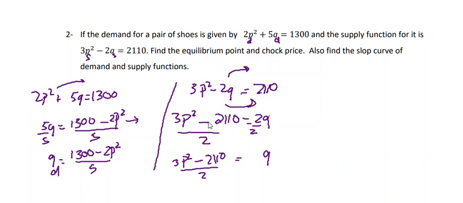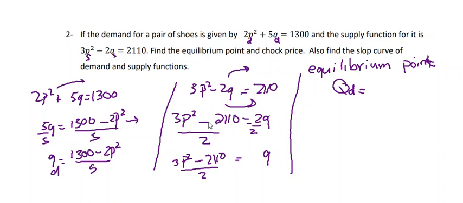Okay, now here he wants from us to find what? To find the equilibrium point. So I will say that the equilibrium point is what? The equilibrium point is Q of D is equal to Q of S. As we got, QD is equal to 1,300 minus 2p square over 5. And this is equal to what? This is equal to